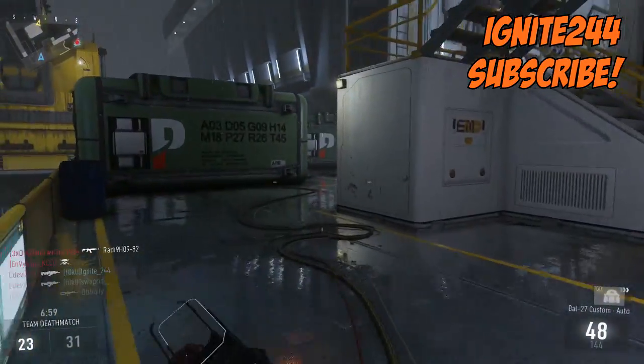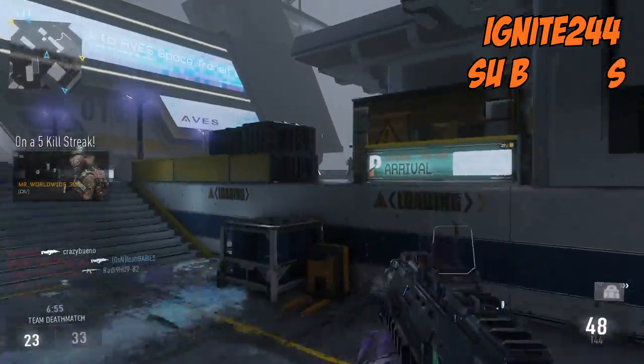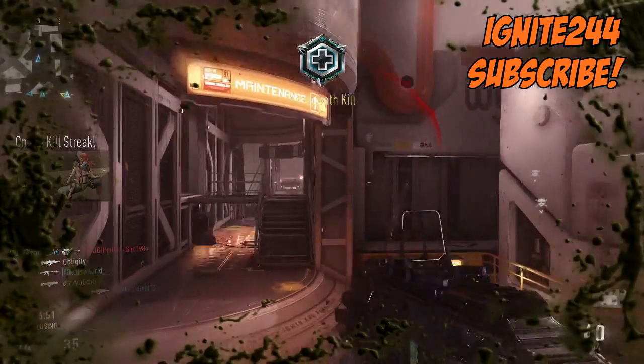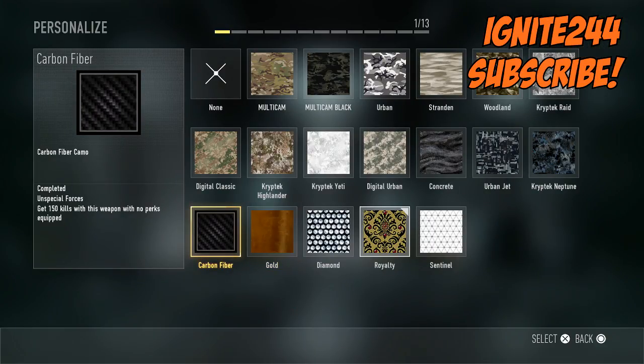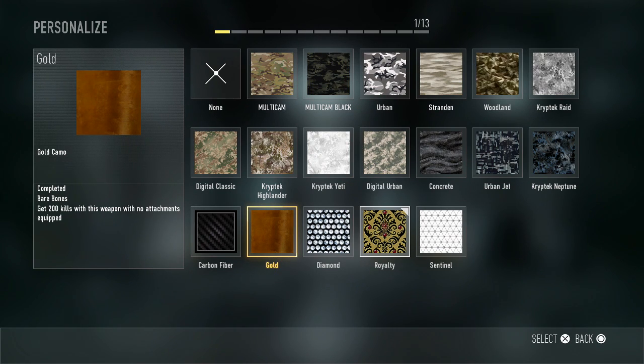I have developed a method that should work for almost 100% of people, no matter if you're not very good at the game or you're an expert at Call of Duty. Let's start it off with the easiest camos to unlock. Now that is the gold camo and the carbon fiber camo. The gold camo you need 200 kills with no attachments, and the carbon fiber camo you need 150 kills